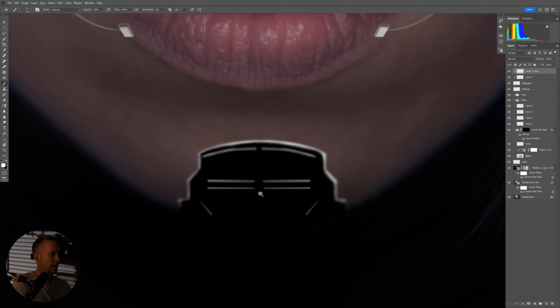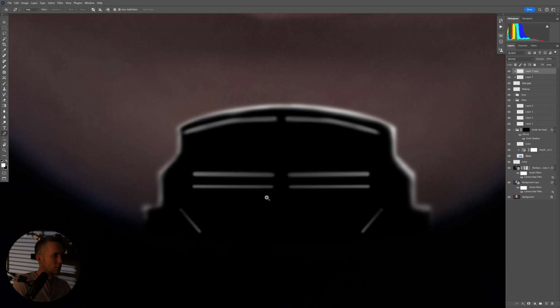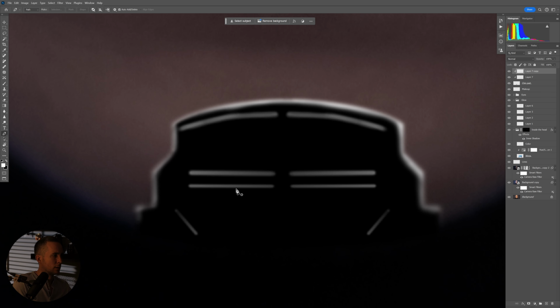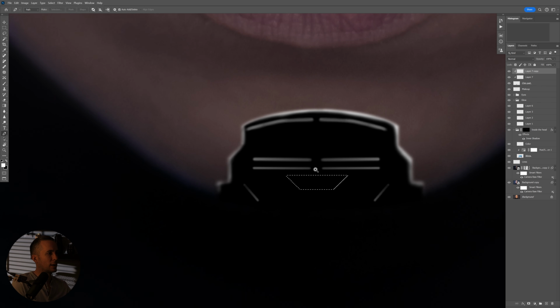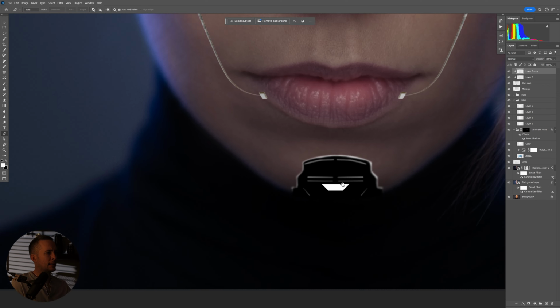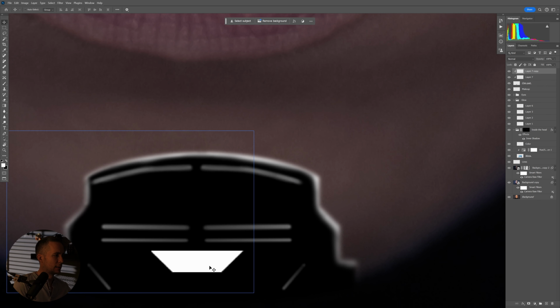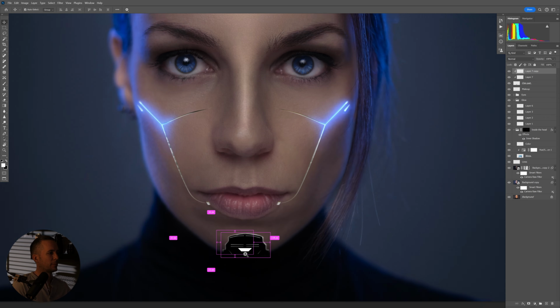Okay. And also here I want to add something like this. I'm using a pen tool. So here, here, here, here, and something like that. Press Ctrl Enter, fill it with white, and yeah, this looks really good. Let's see. I like it,